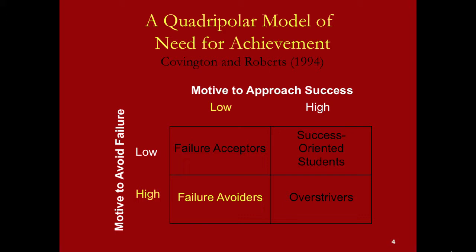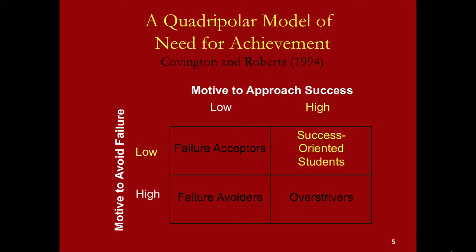Lastly, these students tend to be very distractible and tend to give up in the face of obstacles. Again, a student who is a failure avoider doesn't want to be seen as a complete failure, but isn't necessarily highly motivated to reach a level of success. This is very different from a student who has a high need to approach success, who is very much focused on accomplishing their goals and giving their best effort.